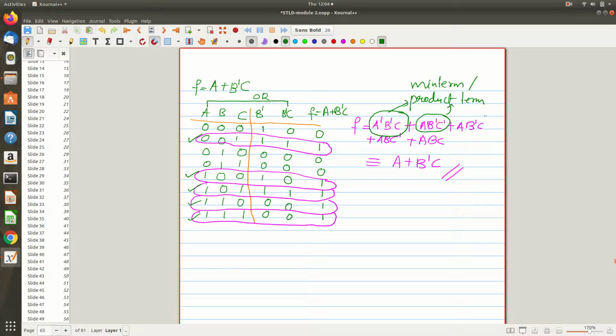This is another product term, right? All these are product terms, like the two more product terms. So keep this in mind: all are product terms only. Now what is happening is the product terms are added together. I am taking addition, I am adding the product terms. Addition is nothing but sum.